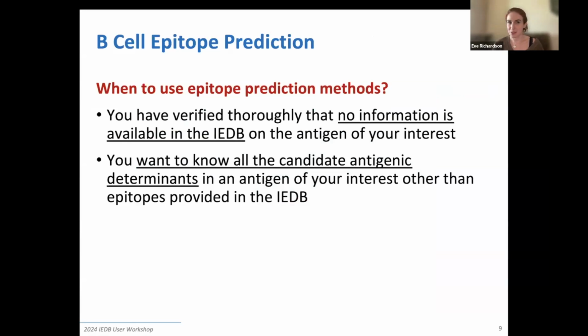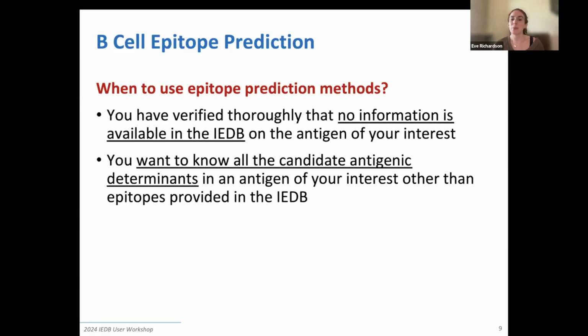But first, a very fundamental question is, when might you do B-cell epitope prediction? When should you do it? So I'd say data is always better than prediction. Prediction is always trying to get you to the point of data. So the first thing that you should do is verify whether there is information for your antigen in the IEDB. So if people have previously reported epitopes for your antigen, that's the gold standard of information that you can